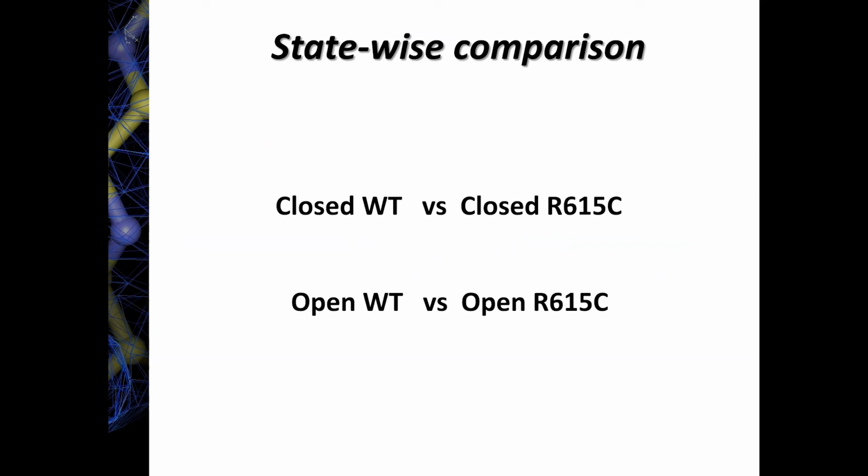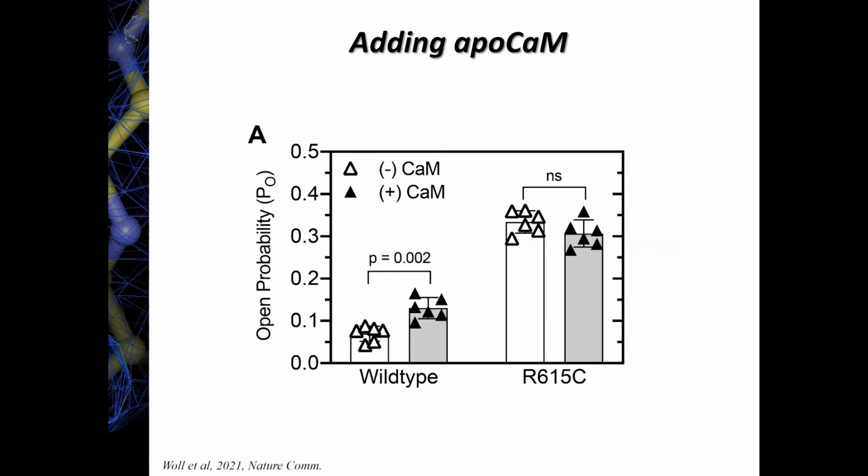So to do that, we actually turned our attention to also some auxiliary proteins. And so in particular, what we wanted to investigate is the effect of calmodulin. So calmodulin is a very famous protein, binds calcium. And under apo conditions, under calcium-free conditions, it was previously reported that this can increase the open probability of the skeletal muscle Ryanodine receptor. And this is something we also see. So under these conditions used here, under essentially normally calcium-free conditions, you see that for the wild type, when you add apocalmodulin, you get an increase in open probability.